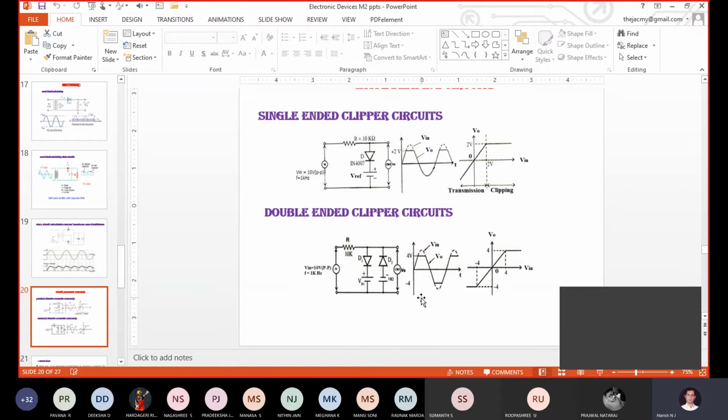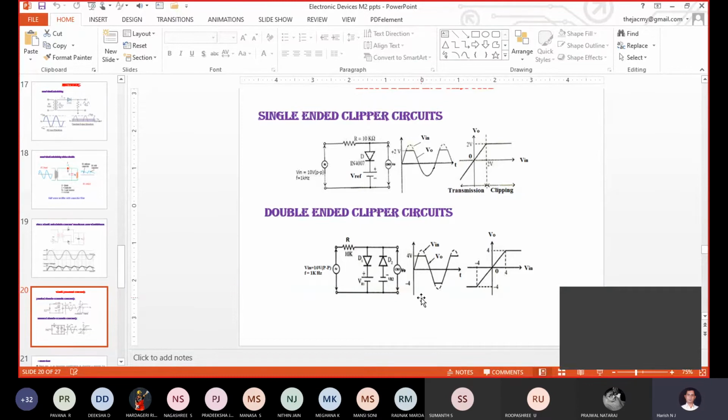Correct. So now tell me, what is the drawback of this kind of clipping circuit? Actually, I didn't explain the design part of the clipper and how the clipper circuit works. In this topic, you need not explain what a clipper is and how it works. It is not required at all. But you have to say a few things about clippers: what is the necessity for using the clipper and what is the drawback of the clipper? Only these two things you need to write in the theoretical concept. In the laboratory, we will discuss everything.